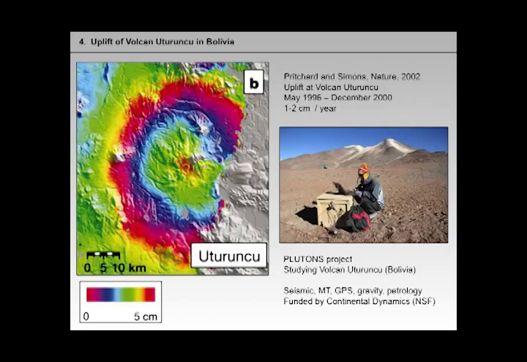So in the Plutons project here, there's a passive seismic array that has just been pulled out. There's been MT, GPS, gravity, and a lot of petrology. So here we are, one of my students making MT measurements. Uturuncu is great for access. You can actually drive up here. The road's a little bit narrow, but you can almost drive up, and then you can hike to the summit, 6,000